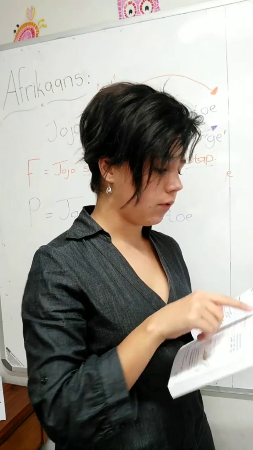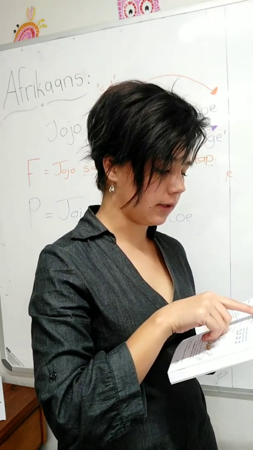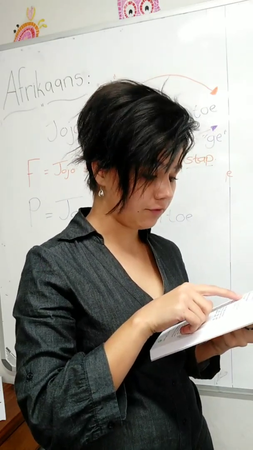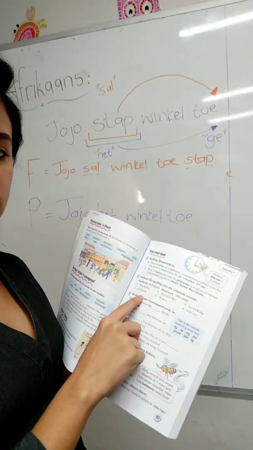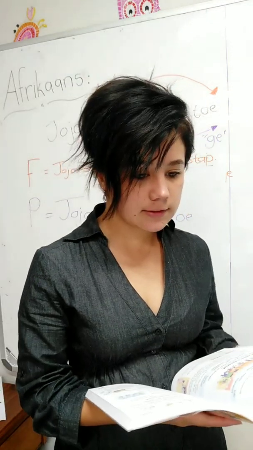Verbeter die spelling van die volgende woorde. Byvoorbeeld, DVD-speler. Die antwoord sal wees DVD, hyphen of koppelteken speler. Now you need to add them in the correct space. Okay. Good. Next activity